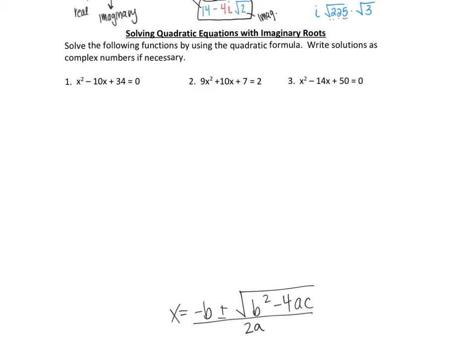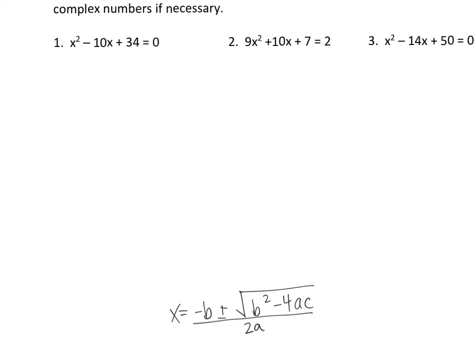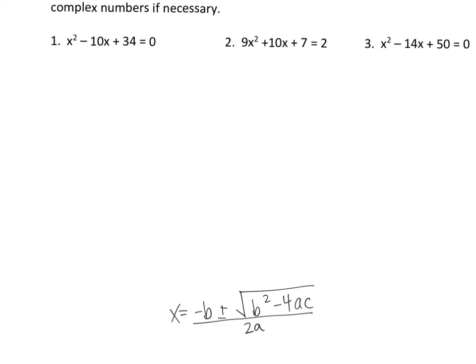So I know that number 1, I'm looking at number 1, is set equal to 0. Okay? I could see that it's set equal to 0. So once it's set equal to 0, I can go ahead and label a, b, and c. And in this case, a is 1, b is -10, and c is 34. Okay? And then all I'm doing is using the quadratic formula. Okay? So nothing is new right now. So I'm going to go ahead and plug in. x equals